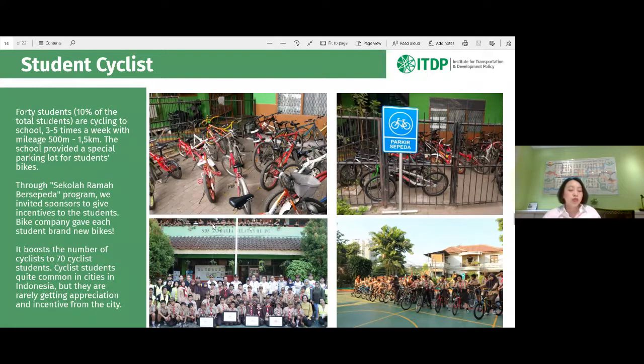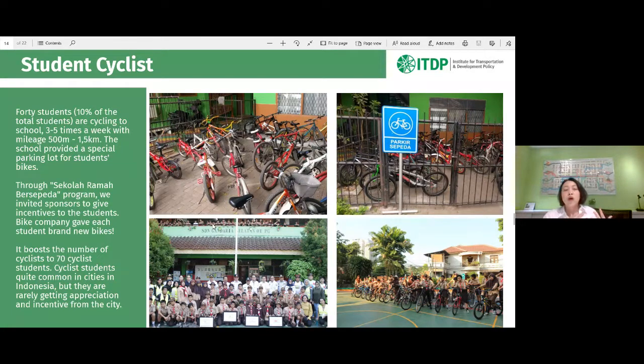And then we started a program called Sekolah Ramah Bersepeda, where we found this one school in southern Jakarta that has 40 students who actively cycle to school. It's about 10% of the total students, riding the bike 3 to 5 times a week.